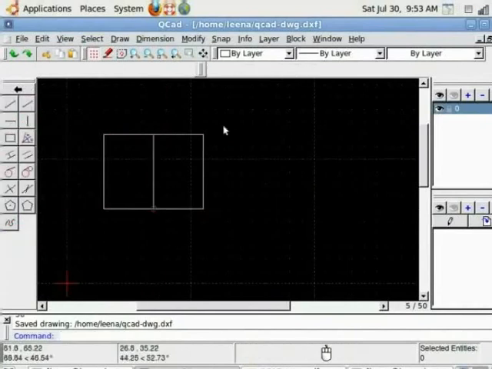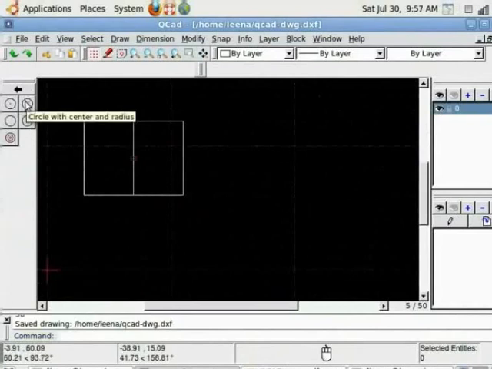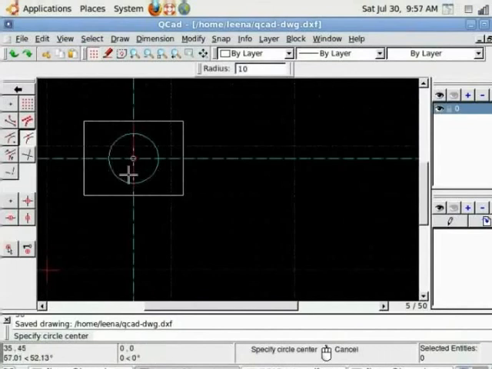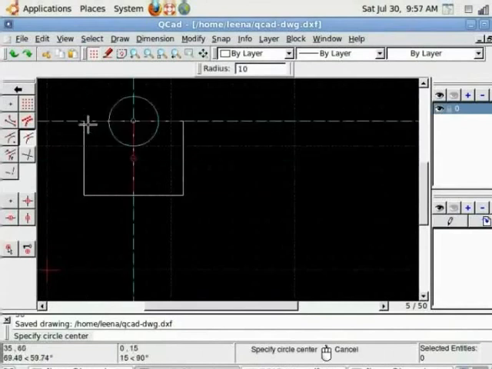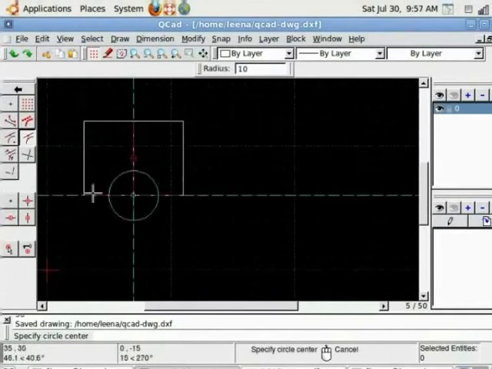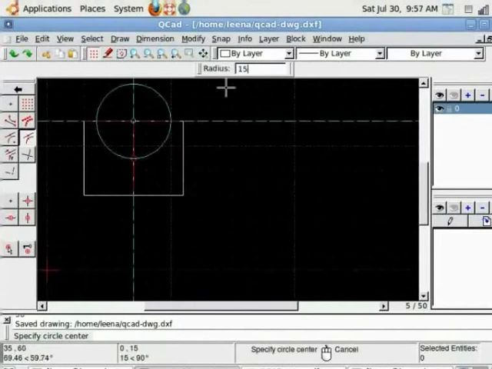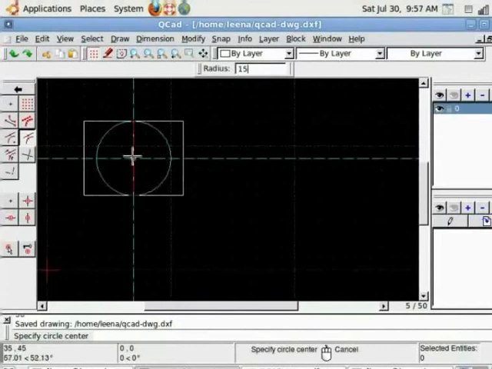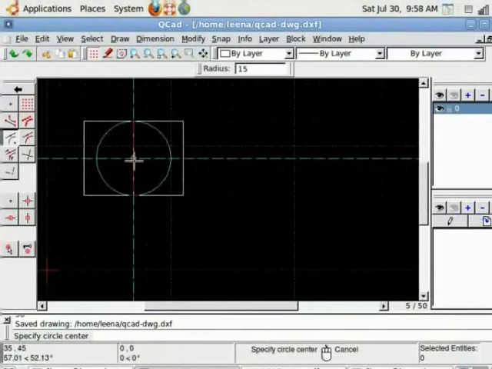Now let's draw a circle in the center of the rectangle. Click on the circle icon. I'm choosing center and radius. Go over here. If you want circle to occupy entire width, I know my grid is 0.5 and there are 6 divisions. So that means my rectangle is 30 by 40. So I put radius 15 to cover entire width. And notice I need to click on the snap to center point and left click to confirm. The circle is drawn exactly in the center of the rectangle.